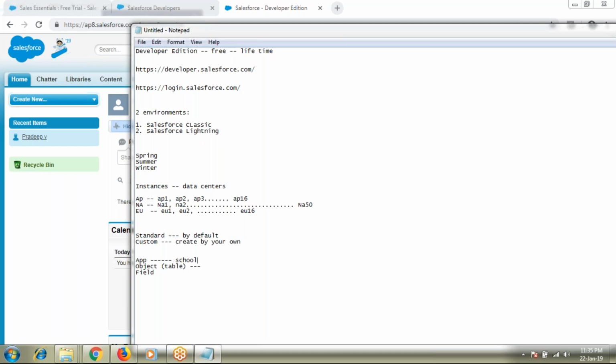So here I would like to create an app called School. Within the school I can have objects like student as one object, teachers as another object, and student's parent as one object, like this. These are all just different objects, and within each and every object we can have multiple fields.